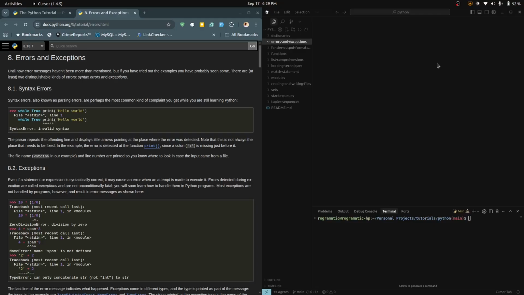Today, we are going to be looking at errors and exceptions in Python. Until now, error messages haven't been more than mentioned, but if you have tried out the examples, you've probably seen some. There are at least two distinguishable kinds of errors: syntax errors and exceptions. Syntax errors, also known as parsing errors, are perhaps the most common kind of complaint you get while still learning